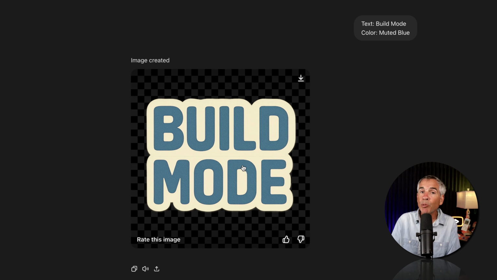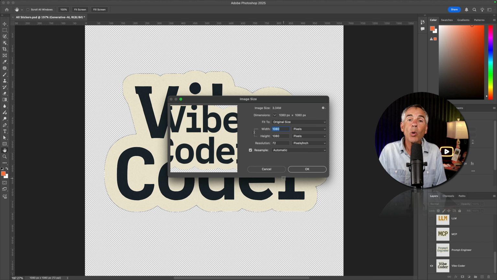Build mode was pretty simple for this project. I entered a text prompt. I told ChatGPT what it is that I wanted this sticker to say, the color. ChatGPT generated a sticker with a transparent background. All I had to do is simply download each graphic. And I will say that ChatGPT Image Generator did an excellent job of keeping all of the graphics very similar in style. Once I generated all 10 stickers using ChatGPT, which took about 1 to 2 minutes per sticker,